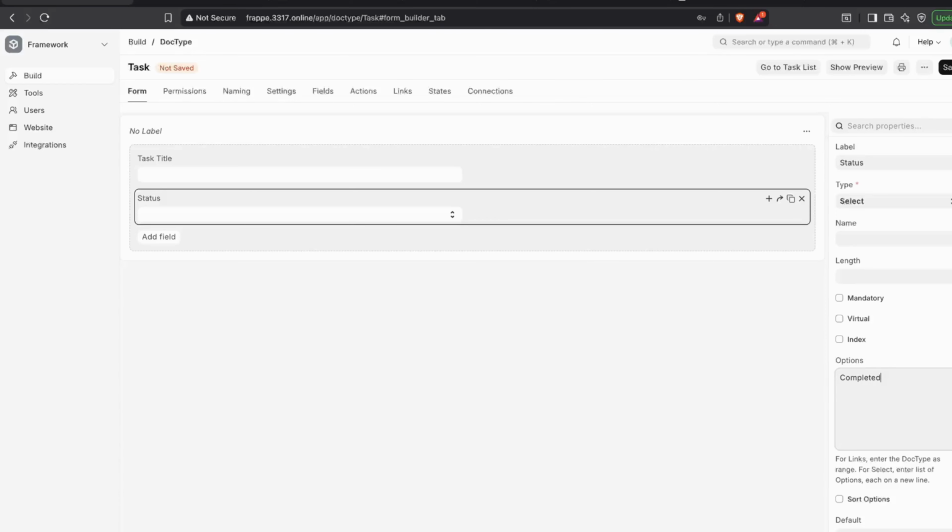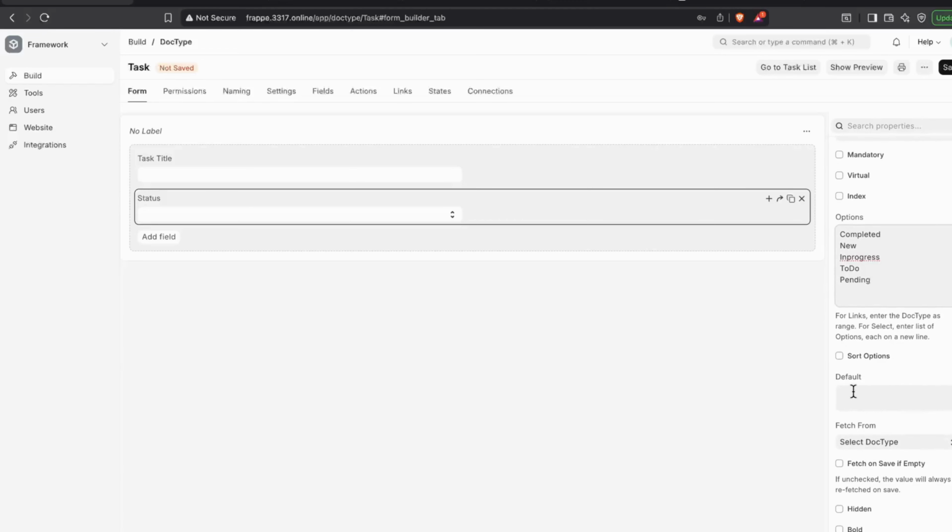completed, okay, new, in progress, okay, not, or you can say to do, right, pending, something like that. And we can also give some default option,